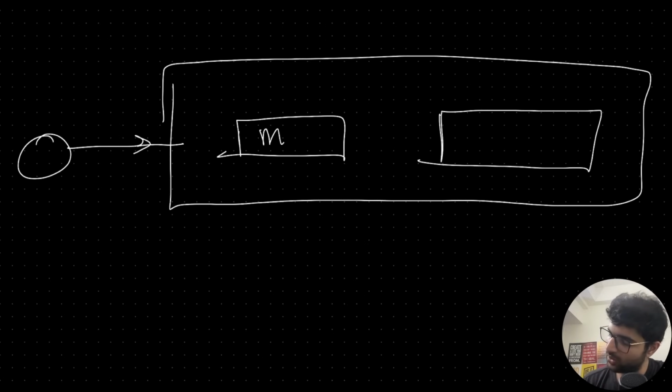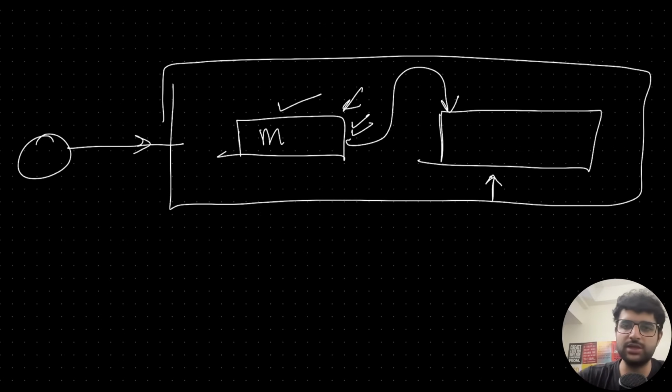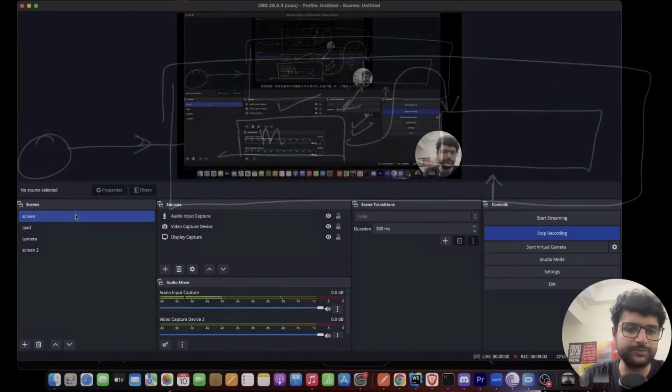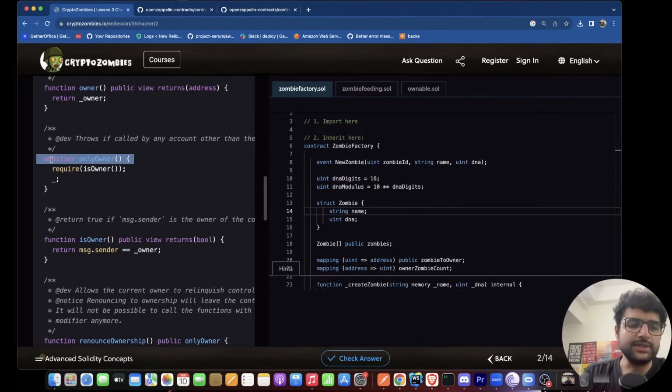The request, before going to the final request handler, goes to the middleware. The middleware usually does some authentication checks. Only if the middleware says, okay, we're good to go, does the control reach here. For the people in the full stack course, it should be fairly straightforward. For everyone else, if you don't yet know HTTP servers, Web2 world, it's fine. Feel free to ignore this part. The thing to know about this is,